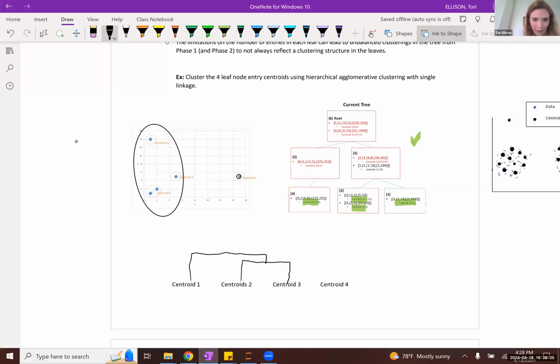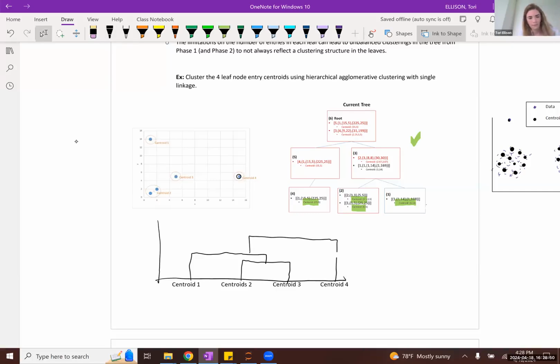Finally, these 2 clusters of centroids would merge last with a proximity that is basically this distance here, i.e. the distance between the 2 closest observations, or centroids in our case. Proximity would be our single linkage proximity, i.e. the distance between the 2 closest points.